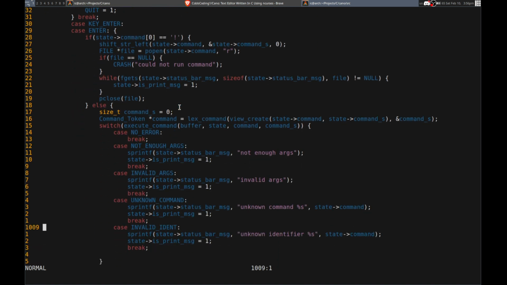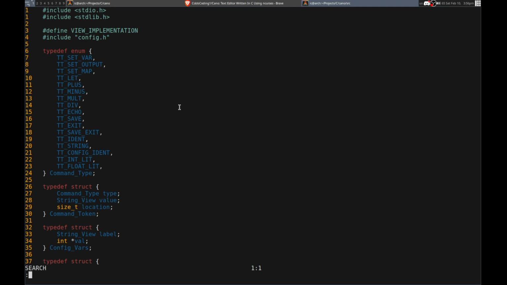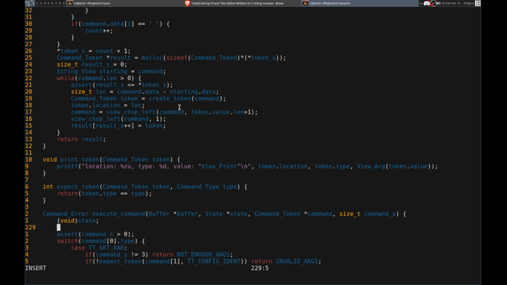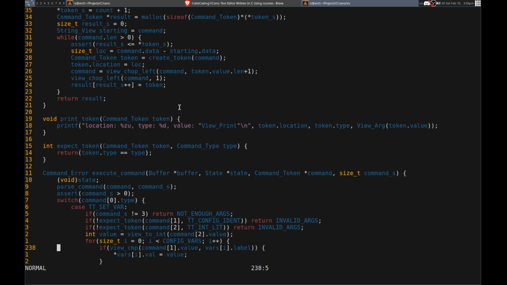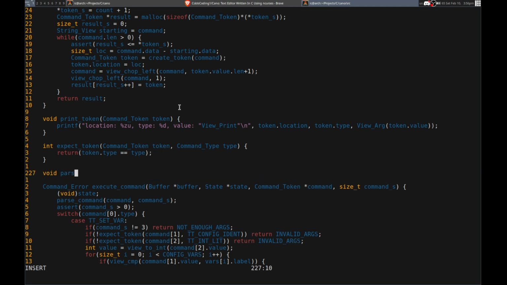And we do this. So we execute a command based on the command stuff. So execute command, maybe that could even be where we do the parsing. Like call a function from not the lex, but execute. Okay, yeah. So before we do all this, we just sort of do parse command. At least temporarily. Yeah, we'll do it like this. So we don't need the buffer or the state for this, but we do need the command and then the command size. And then yeah, we can use stuff here based on that. But for now we'll make this and then we'll think about what it would return, right? Parse command